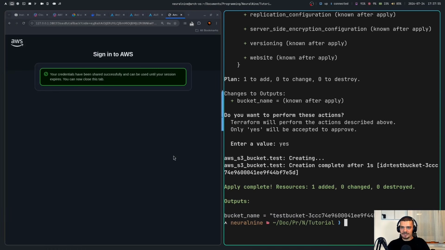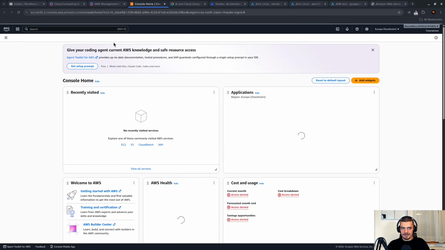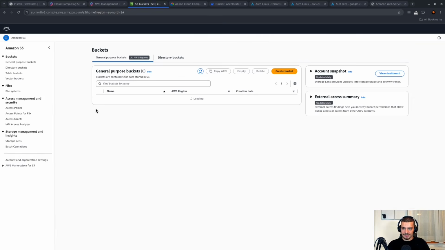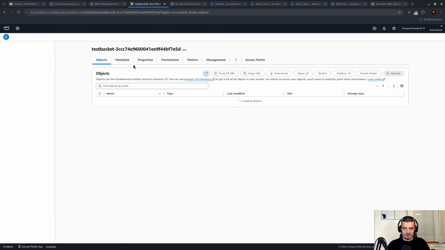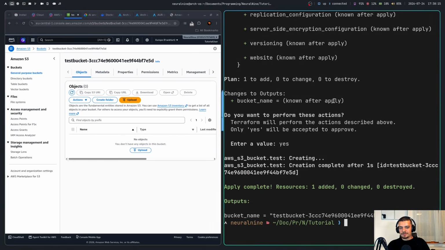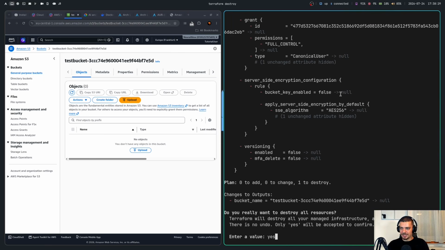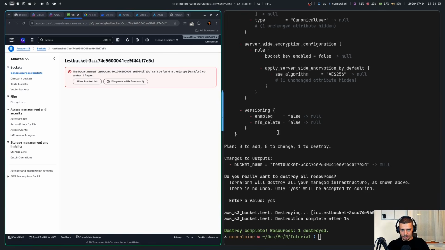So in AWS, if I go to the console now, I should be able to go to S3, and I can also do that with my tutorial user here. I can go to S3 and I will see that there is a bucket which was created by Terraform automatically here. So that's my bucket. I can upload stuff into it if I want to. I can delete stuff. And once I'm done using it, once I no longer need that bucket, I can say terraform destroy, which will undo everything that we did. It will just remove everything that we created and reverse the action. Right now here it asks me again for confirmation, yes, and this will destroy the bucket. So if I reload this page, it will tell me that this bucket no longer exists.